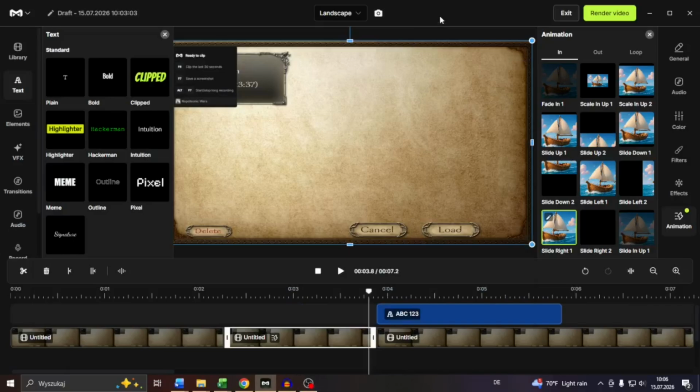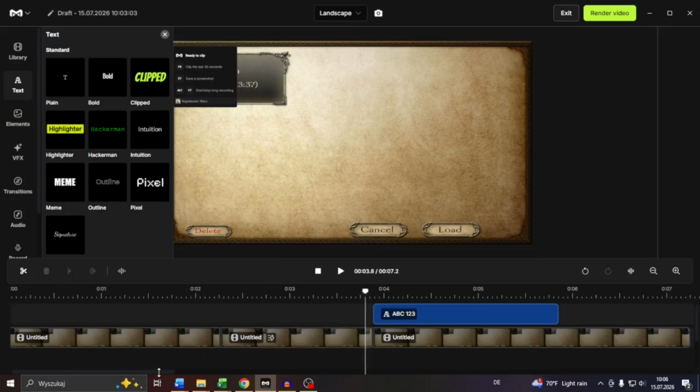Hello guys, in this tutorial you will learn how you can add animations to video clips and scenes of your in-game recordings on Metal TV. So let us guide you through this. You will need to navigate to your video clip or in-game recording through the Metal TV video editor, guys,